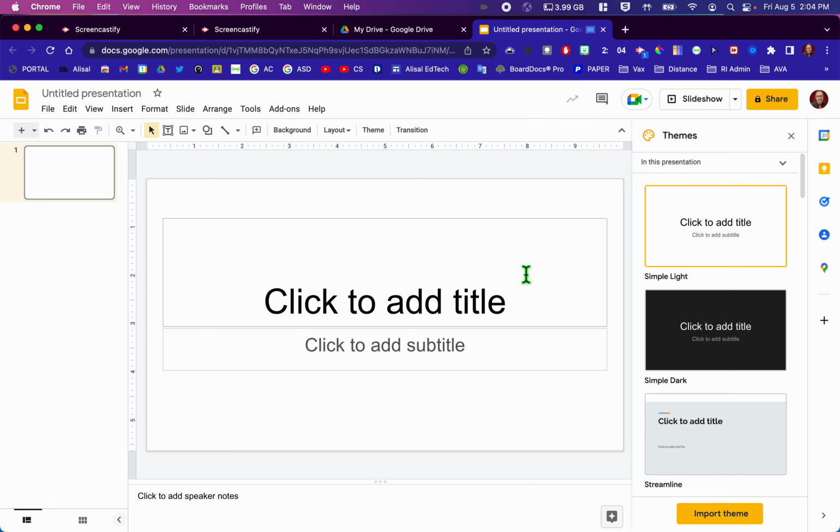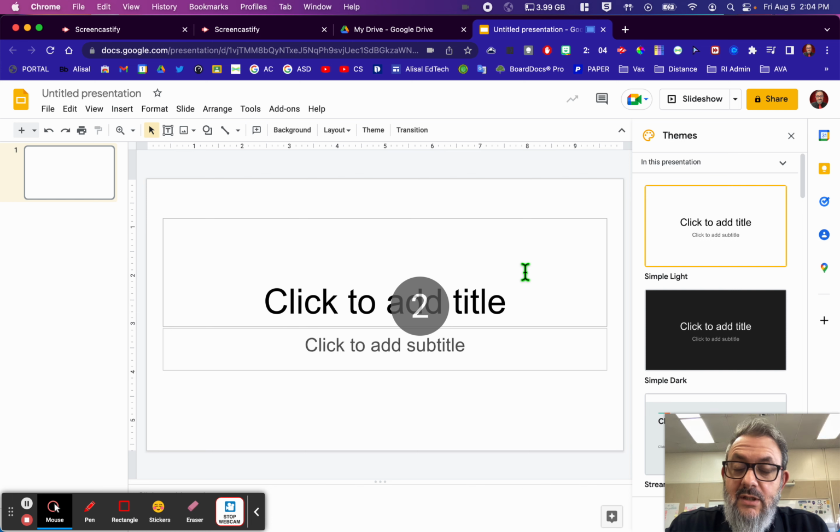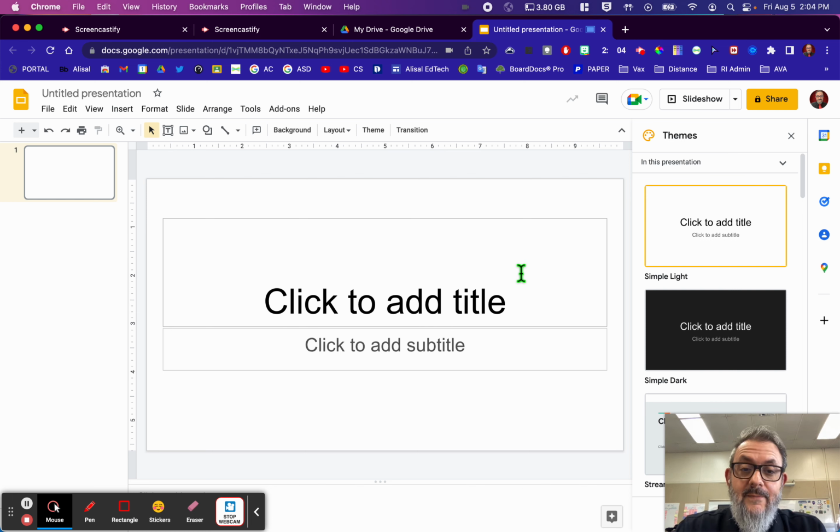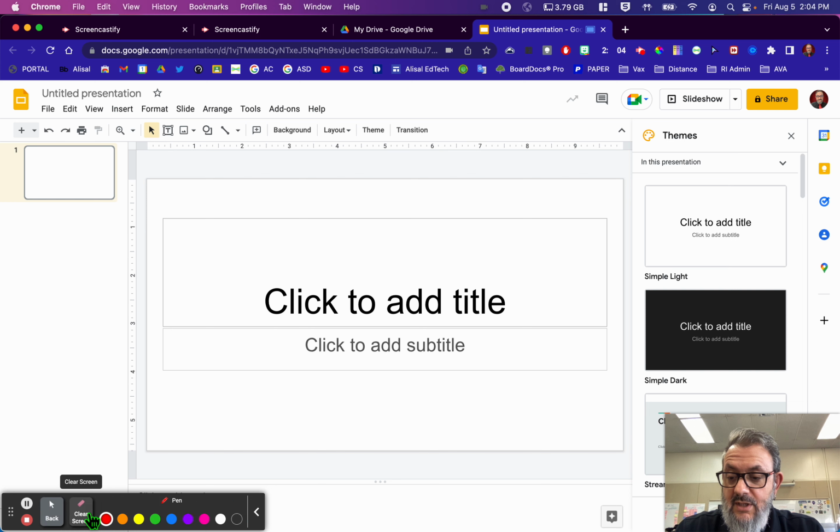So I'm going to go ahead and click record, which is a little interesting because I'm using QuickTime to record this. And now you can see my face. So Screencastify is recording. So here's a few cool things about Screencastify. First, there's a pen for annotating. So if you need to click and draw shapes on the screen,